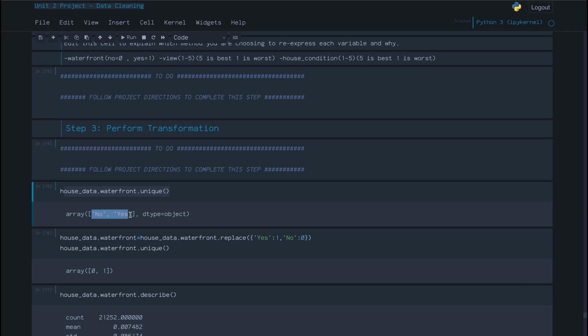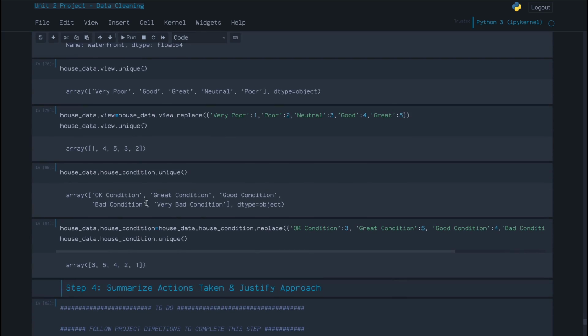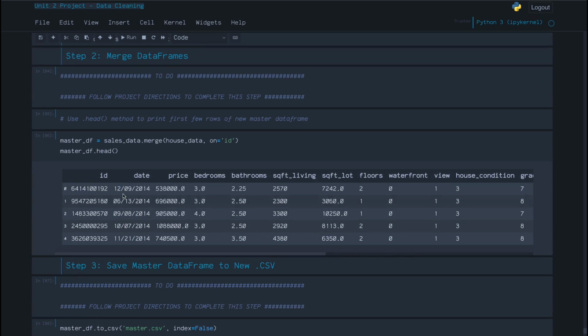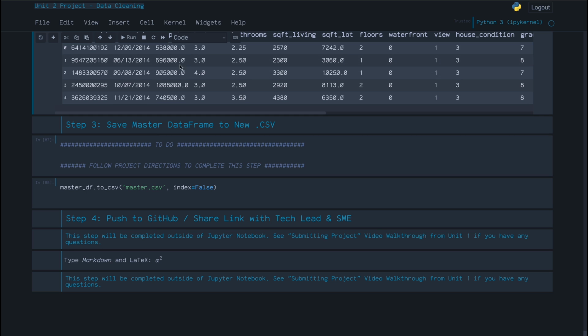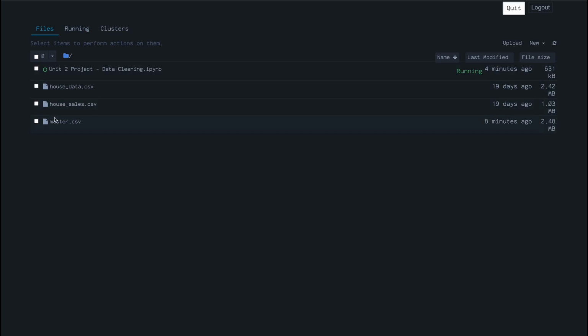So I knew I didn't have any nulls and I didn't have any misspellings. So I just replaced those. Same goes with the view, as well as the condition. Yep, and then at the end I merged them on the ID and I saved it as a master.csv file. So I can go back here and that's just